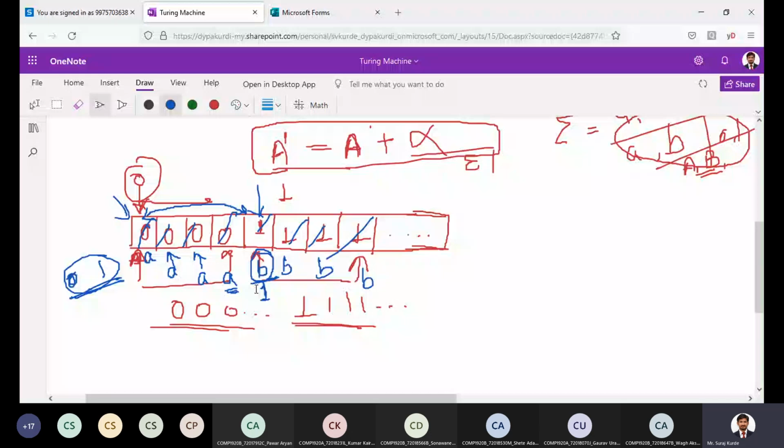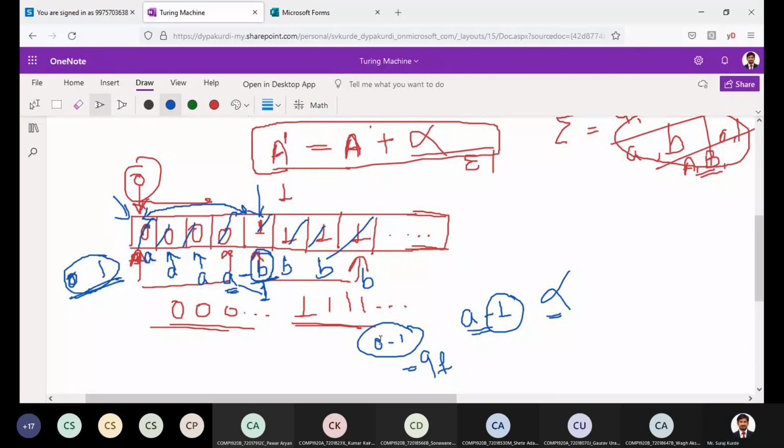So if you find either of these two, you have to write a transition. Now if you find B, that means the number of 0s and number of 1s are the same. If you find 1 to the right of A, that means the number of 1s is more, and it should not go to the final state. If you find B, it should go to the final state. If you find A on the left side and B on the right side, then the number of 0s and 1s are equal. So instead of replacing the first 0, we will replace the last 1.